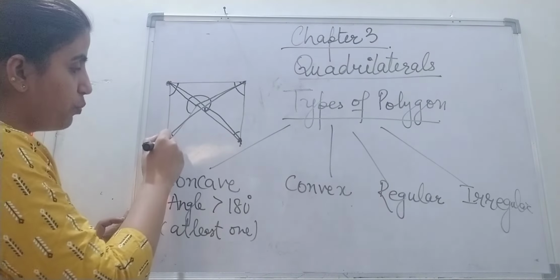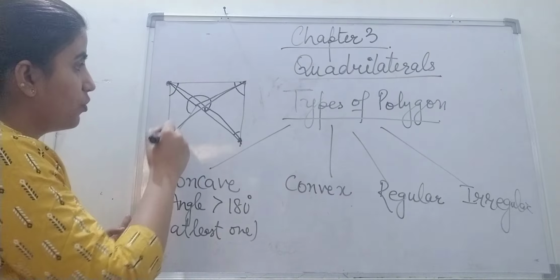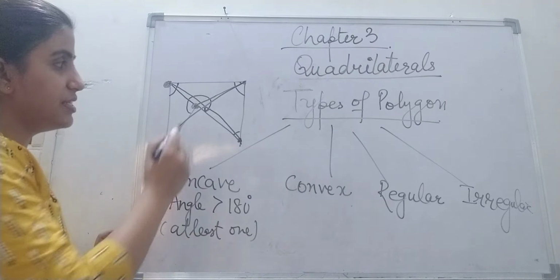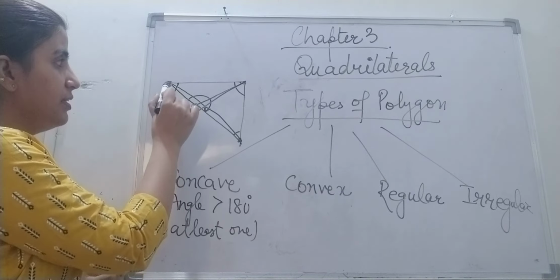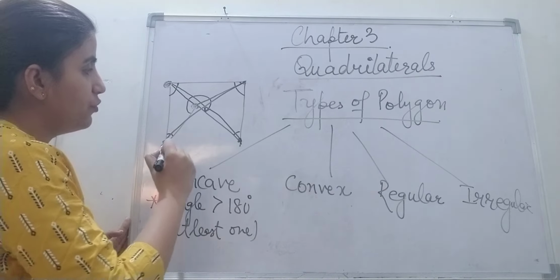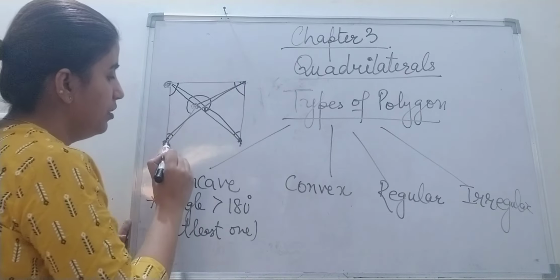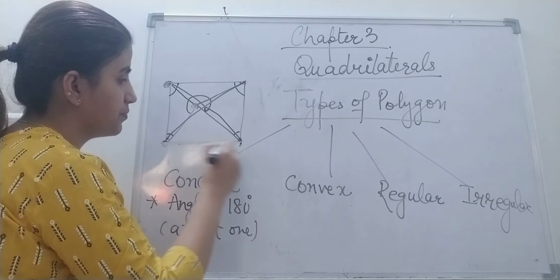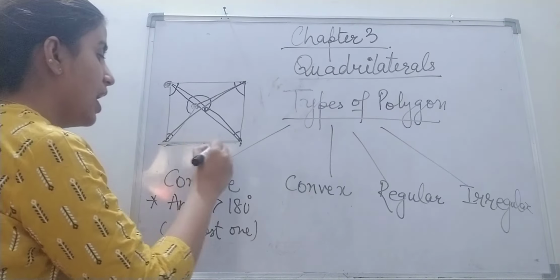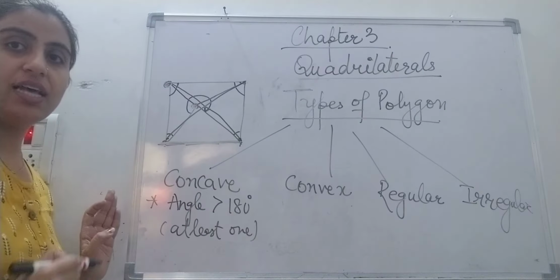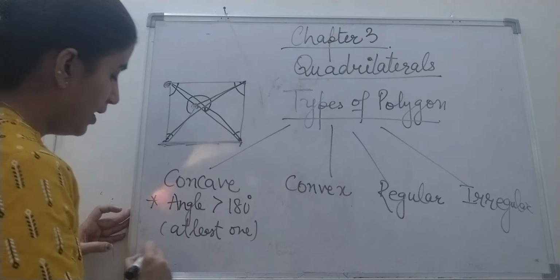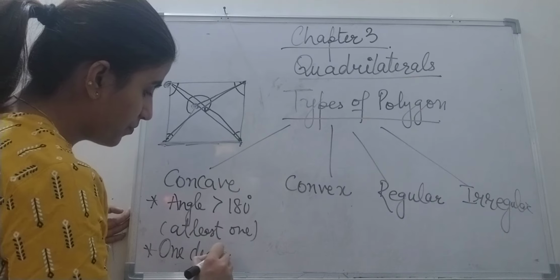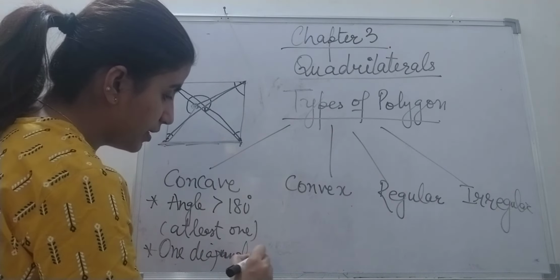Now if you take this point, consecutive is this point and this point. Consecutive is the center point and this point. So I have to draw the remaining one. One is already drawn, one is this one. If you see this diagonal, this one, this lies outside the figure. This lies outside the figure. So at least one diagonal outside.